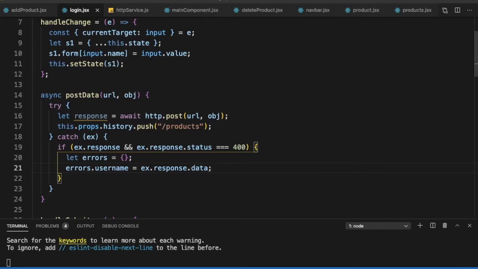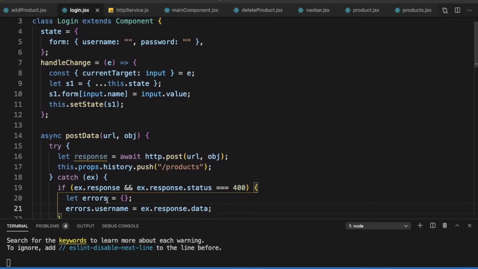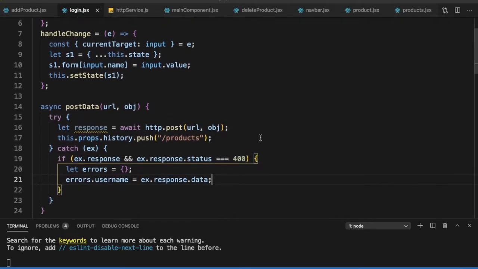If you were using errors in this form, we have not handled errors, so which is why we have done it in this fashion. Same in add products, we had not handled errors. If you were handling errors, we will clone the errors object as we have been doing and then insert this into it. So ensure that, and once we have done it, we will just do